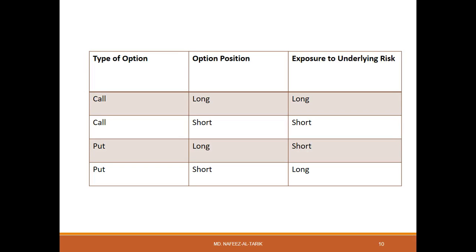So the long position wants the underlying price to go up, and that is the case when you also have a long position on the stock. You want the underlying price to go up, and whenever the underlying price goes up, you will have profit. Whenever the underlying price goes down, you will have loss. In case of a put option, the long position wants the price to go down, and whenever you sell short